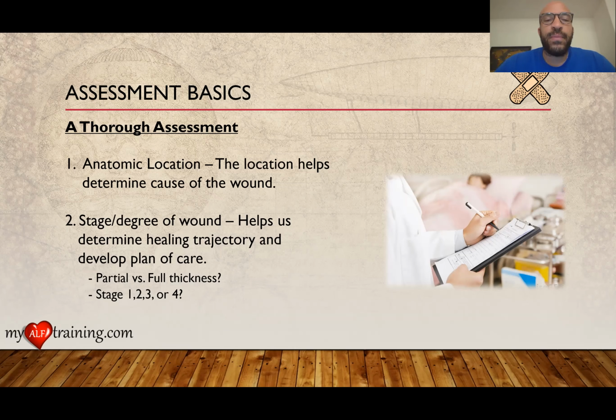Second, we should be identifying the stage or the degree of the wound, because this helps us in determining the healing trajectory of the wound, and this can help guide our care plan. We also want to ask, is it partial or full thickness? Is it stage one, stage two, three, or four? So we need to familiarize ourselves with what these terms mean, what separates a stage one from a stage two,